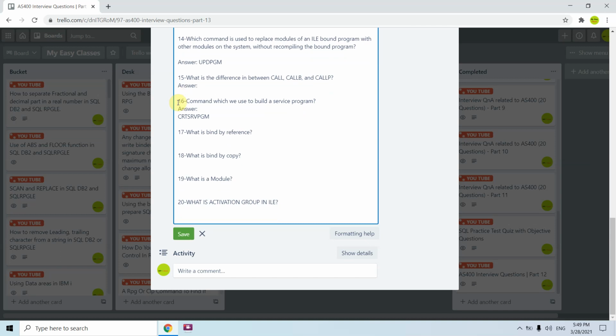What is an activation group in ILE? That's an interesting topic. In ILE, an activation group is basically a subset of the job. We have a job in itself, and there are many people who are accessing that job right now.